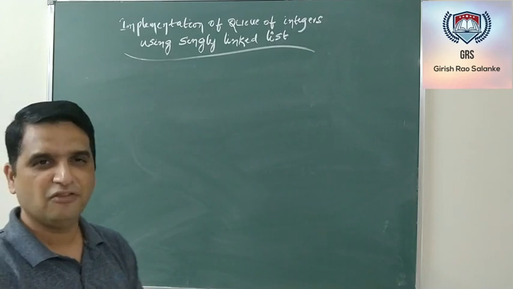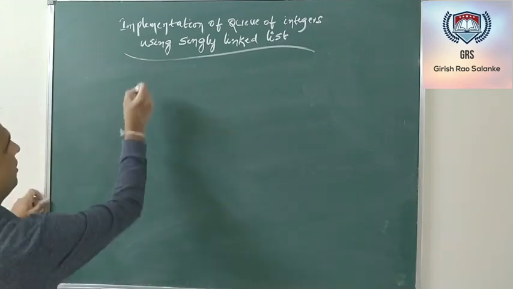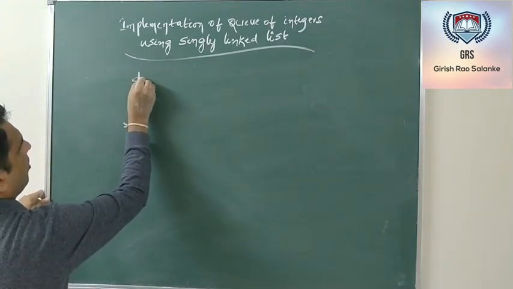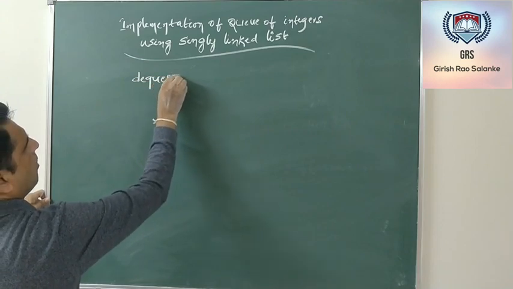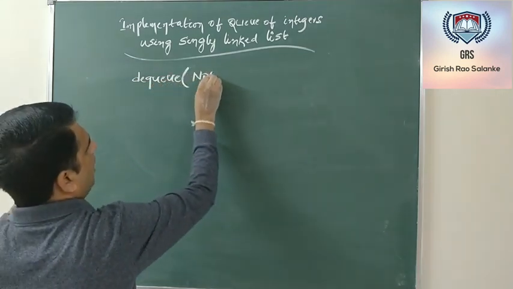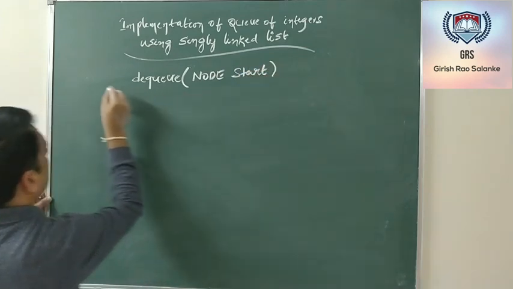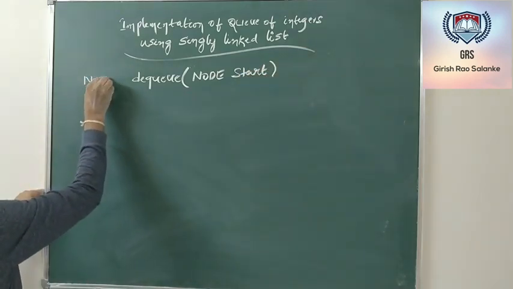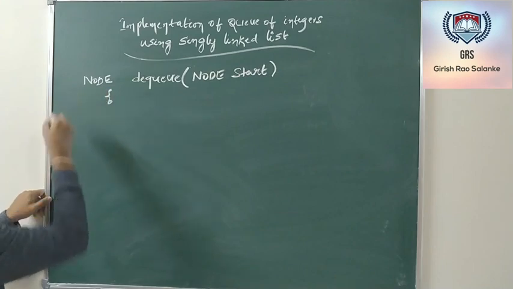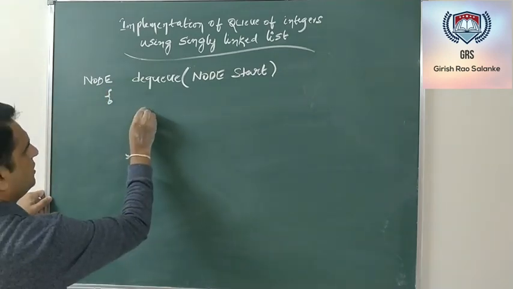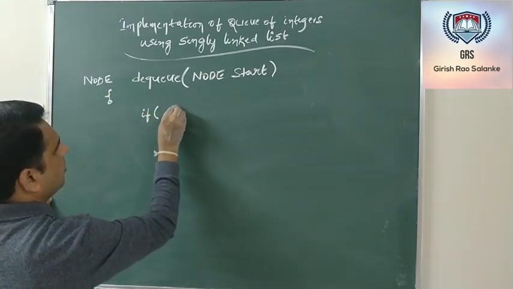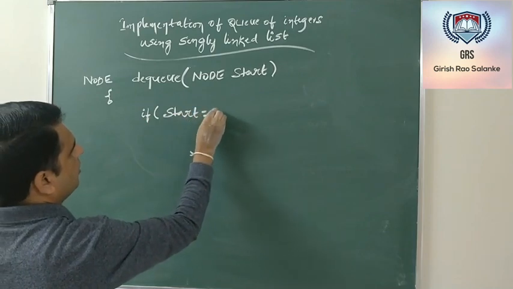Now deletion is done using front end. Just write dequeue. The argument to the dequeue function is the reference of my list, node start, and the return type of dequeue is the address. So if the list is not there, then nothing is there in the queue. So if start is equal to null,